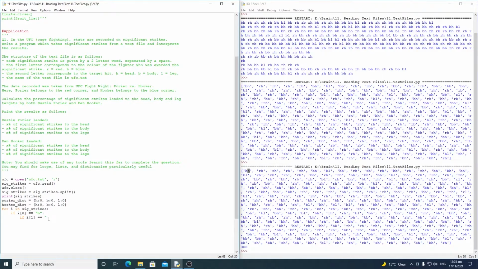I1 is equal to H. So if it's a head strike, what we want to do is increment the hooker dict at key H by 1. So we'll go hooker dict at H, and we want to increment that value by 1. Okay,